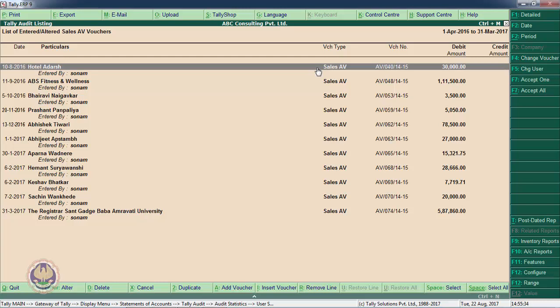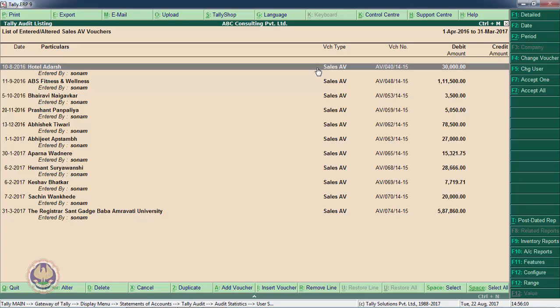Tally provides one more way of auditing the data, and that is quite a comprehensive way of audit. It is a detailed way of audit. The basic lacuna or disadvantage of this basic Tally audit feature is that you can mark a voucher as audited, but you cannot put your remarks with that audit tick. If at all you wish to write something about this particular voucher, that this voucher needs more clarification or needs to be changed or checked, such remarks cannot be added at the time of audit.